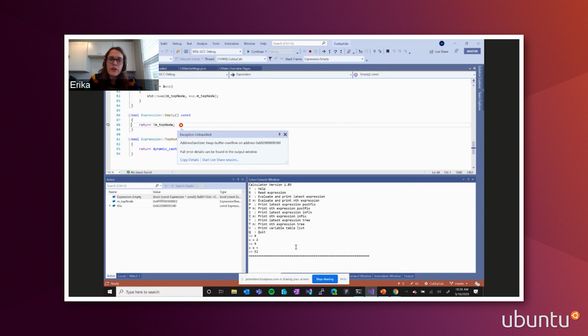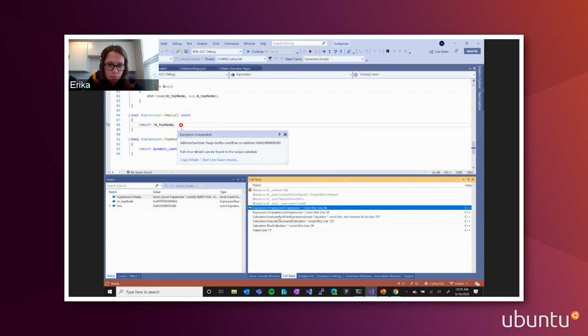I say used to because we actually very recently ported it over to Windows to be used with the MSVC toolset as well. But yeah, it was native to Linux and Mac. So it looks like I am getting a heap buffer overflow error, so I'm going to try to figure out what's going on. So I'll go over to the call stack, step through,